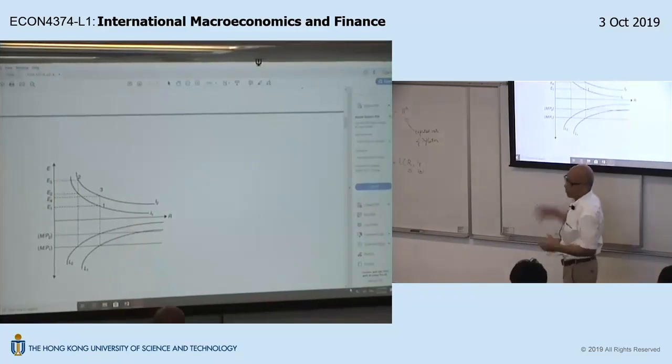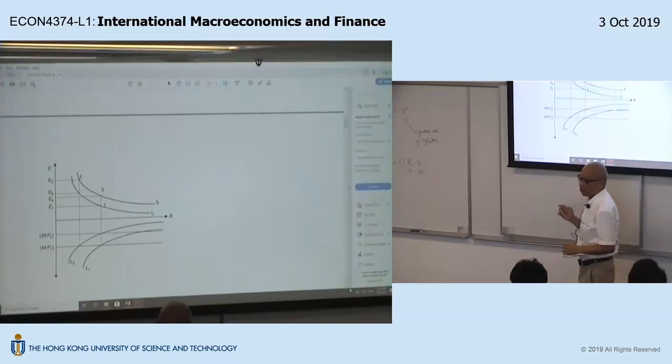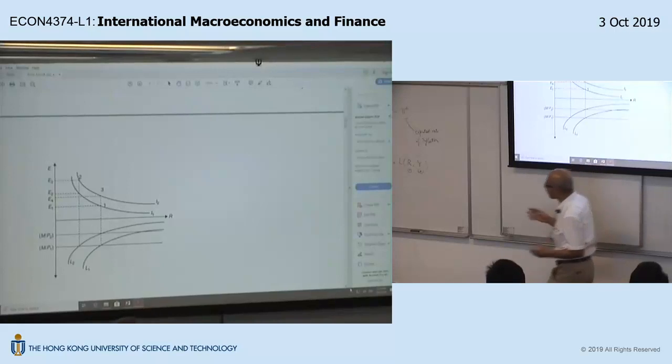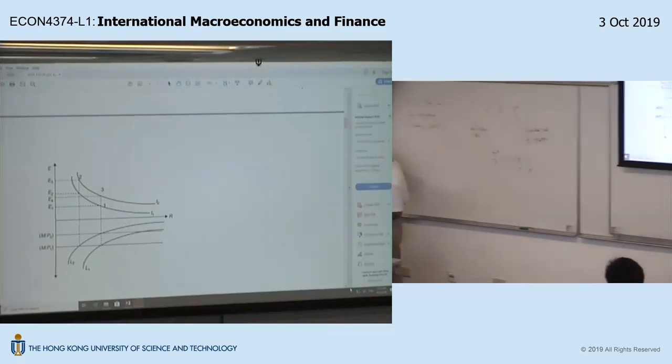This shifts out, and it's a little bit more tricky, right? It shifts out because E^e increases, but then why does E^e increase? You ask why E increases, then you look at this and say, okay, this has to remain